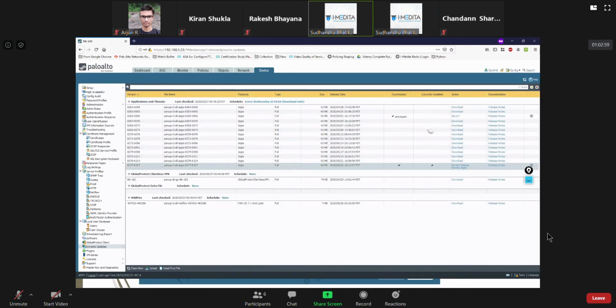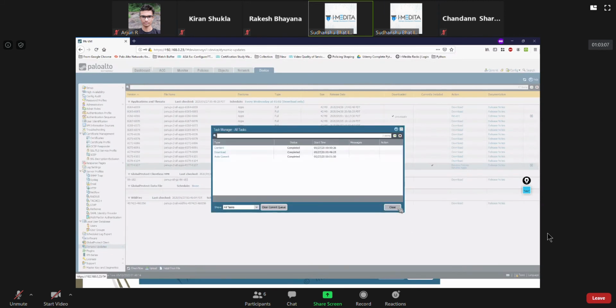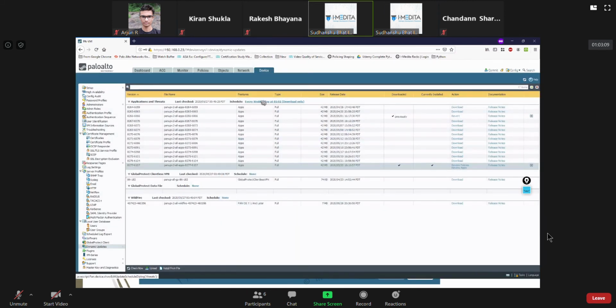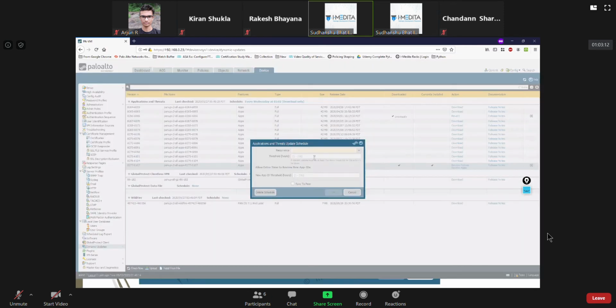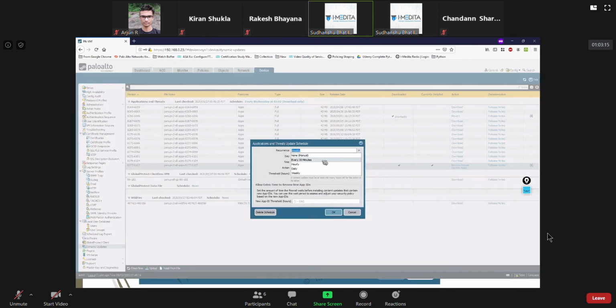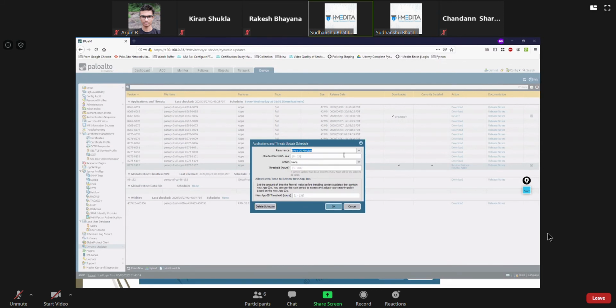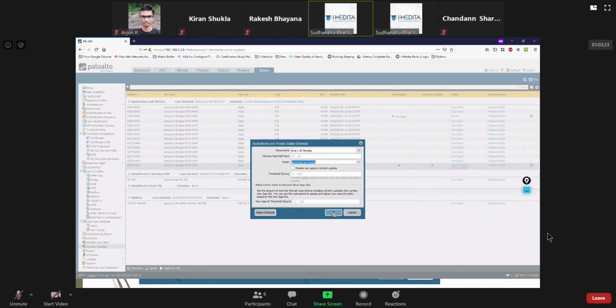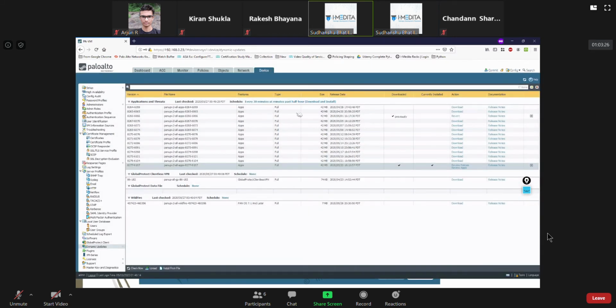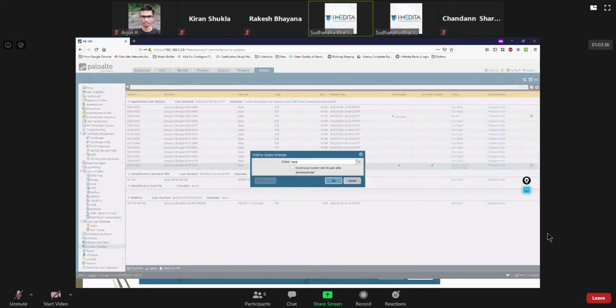Now, how do you check it? Let it download, install. You can also schedule this so that you don't have to worry about it. Similarly, I'll click on WildFire update as well.